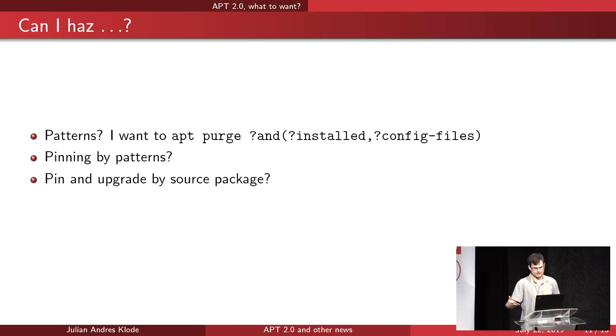And then you could easily pin packages by source packages, or you could potentially also say upgrades should always be the same version for all packages in the source package. So it won't upgrade your architecture all package if your architecture any package is not ready yet, it's not built yet. And that I think would be useful. It's a feature people really want, I think, in a lot of places, because it makes upgrading easier if all versions of the binaries in the source package are the same version.